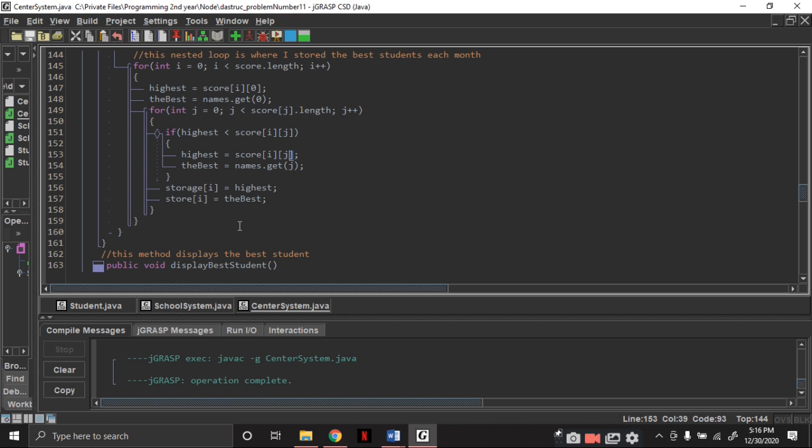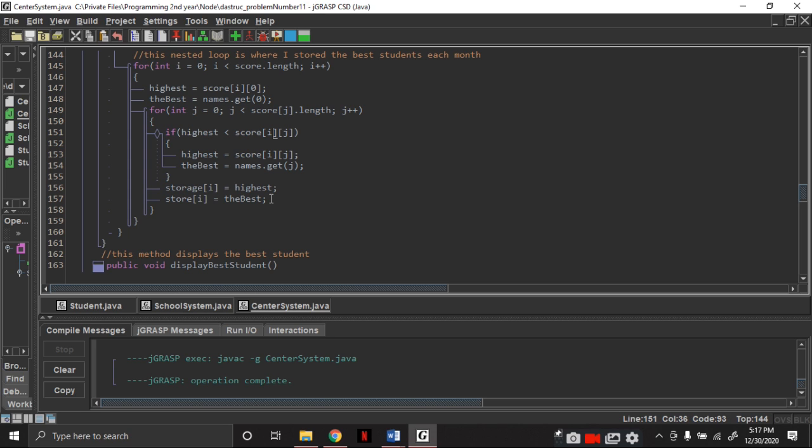So highest is not lesser than score sub 0 sub 0, because it's the same element. So all we need to do is move on here, where storage sub 0 is equal to highest, and store sub i is equal to the best. Then it will increment j++.